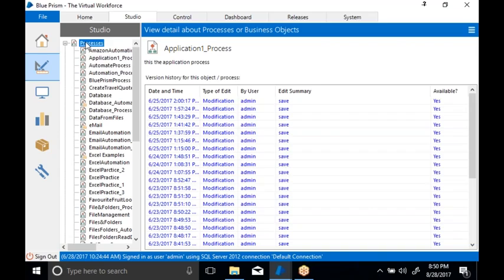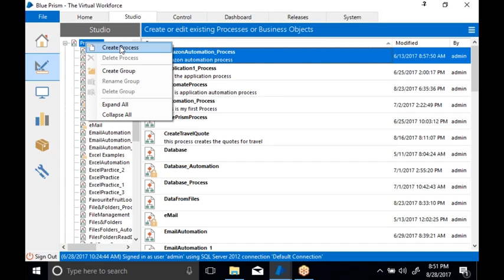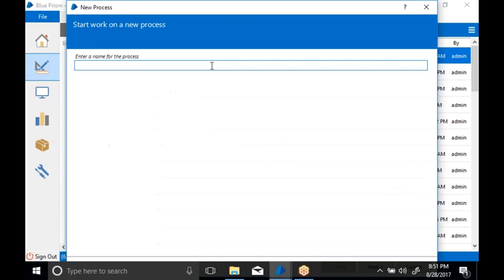Just right click and choose create process, and give the name of the process, like automation underscore process 2. Click on next.